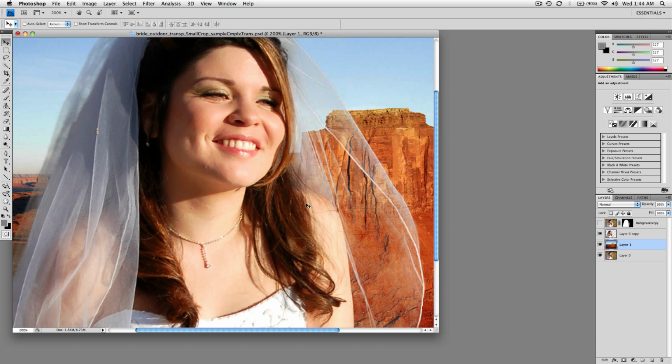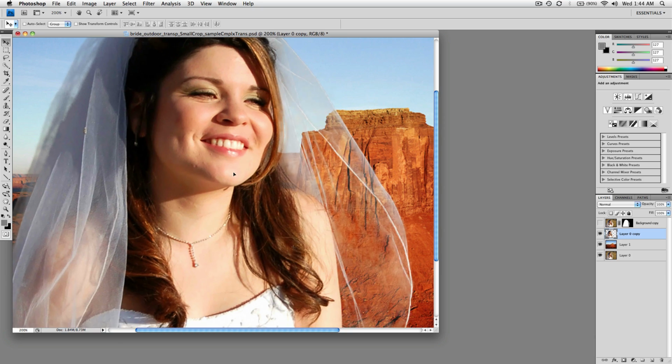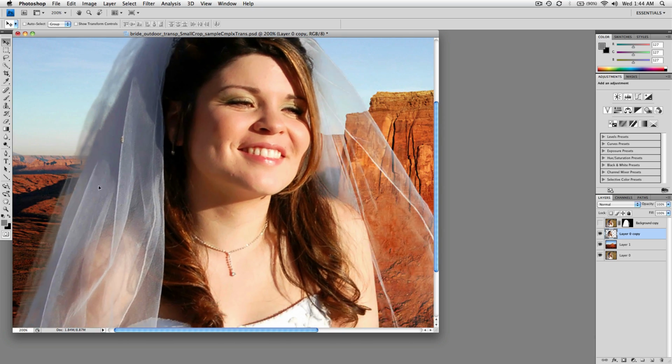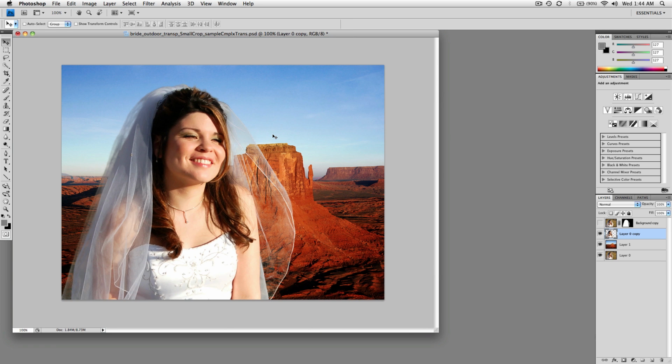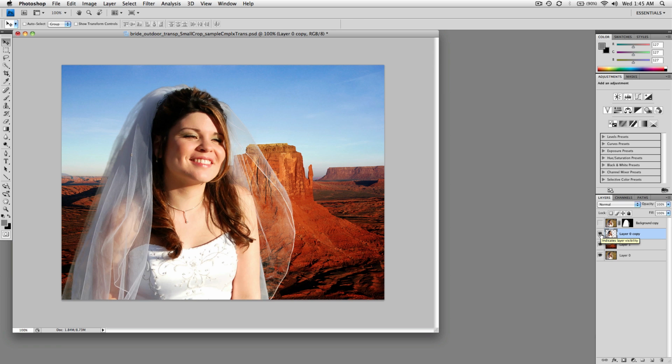That's the background layer right there, and let's choose our bride and move her around so you can see that all these transparencies are being maintained even along the left-hand side over here while the valley is coming through fine. All right, let me again zoom that out so you can just appreciate that composite. So essentially, we went from something that was a really boring background to something that's a very dramatic pose in front of the valley. So that is the basics of Topaz ReMask 3,